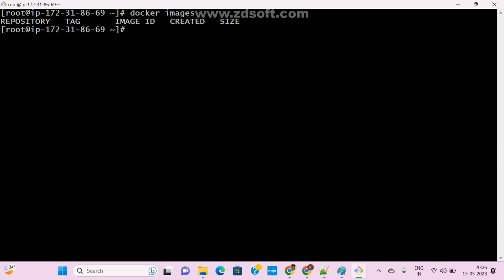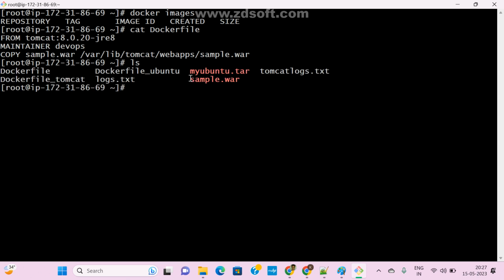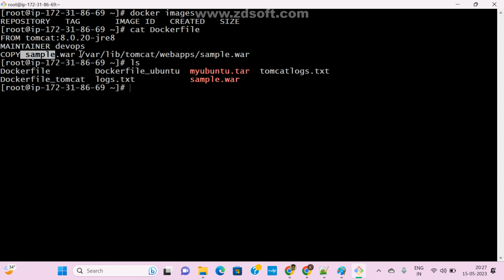Now the Dockerfile is ready. Cat the file. Now see here, in this file, anyone any doubt? This is the base image, guys, and this is the optional maintainer and author. And I am copying the sample.war file. So where is this sample.war file? In my host machine. Now check it with ls. So that file is available here, on my host machine, and I am copying this file to the container path.